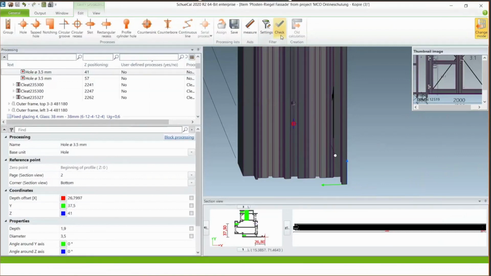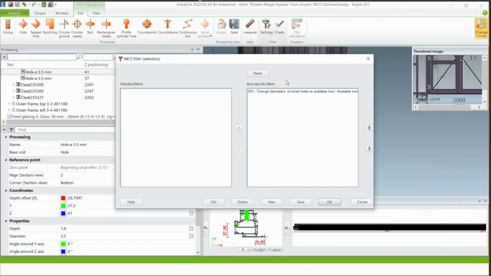Now check is black again, and I will click on settings again because I want to explain something else to you. Our filter is right now only on the item-specific filter side. So it means it's only available in this single item.